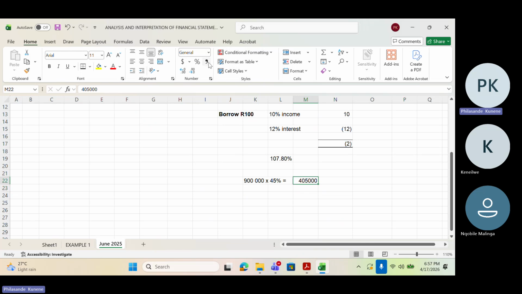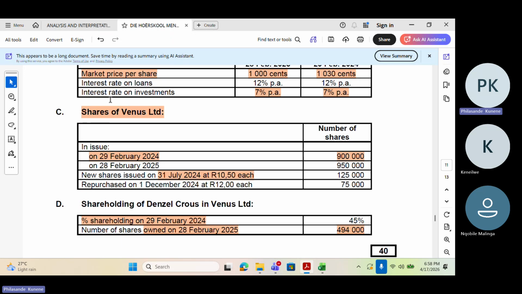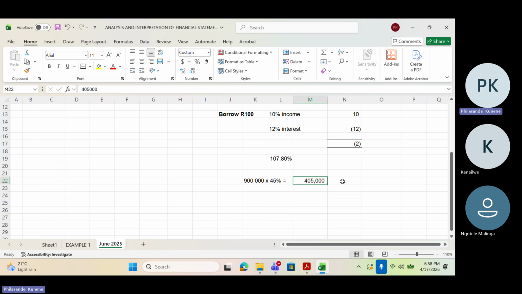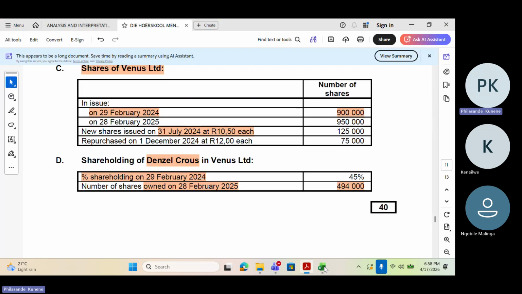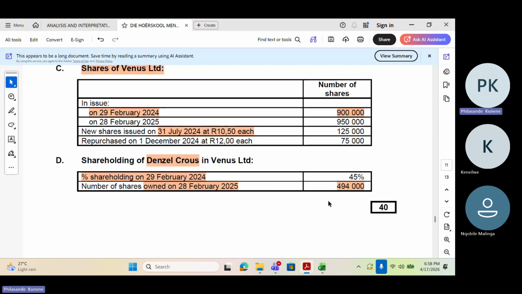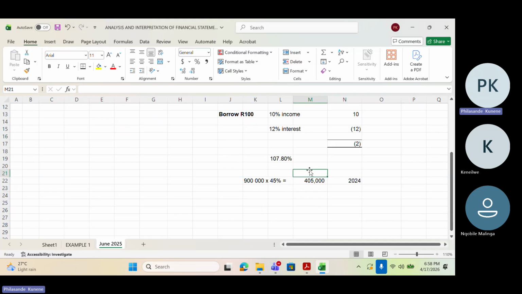So which means now, Denzel Cross was owning 405,000 shares in 2024, and in 2025 the number of shares he's owning is 494,000. So which means now